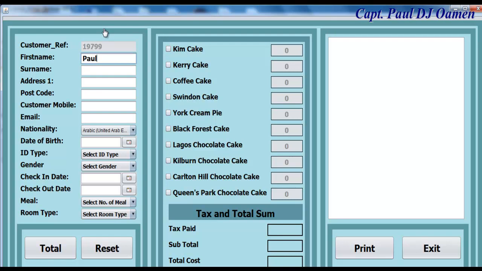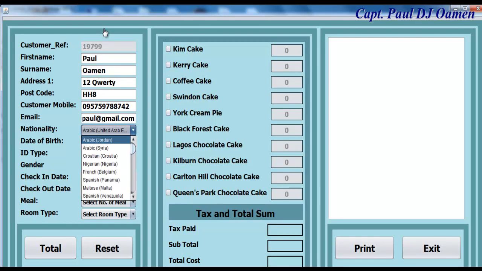Let's say that is Paul Omen, and address, we'll call that number 12, whatever, and the code is HH8. Mobile number, please don't call that number, it's invalid. Email address, right, and let's just enter